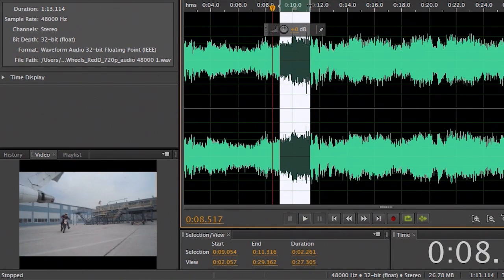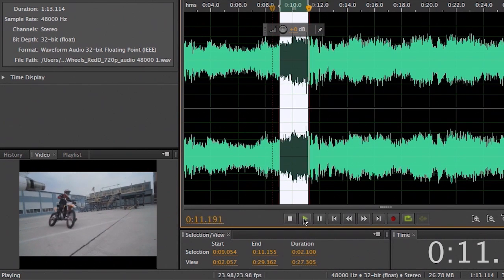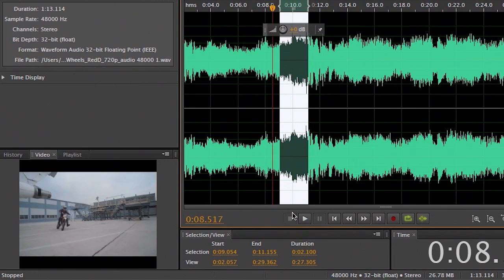And based on that, I could select and drag the edges here to really fine-tune that a bit better. You get the idea. So skip selection is really great if you're trying to audition, especially if you're working with very rhythmic music or where you actually have very defined attack transients, to hear if you're going to introduce any kind of digital clicks or pops. This is absolutely an essential feature